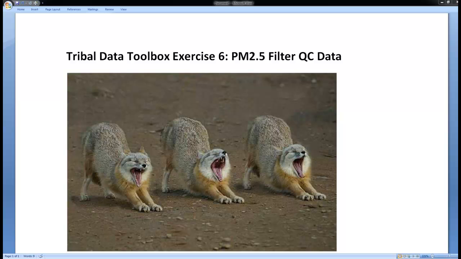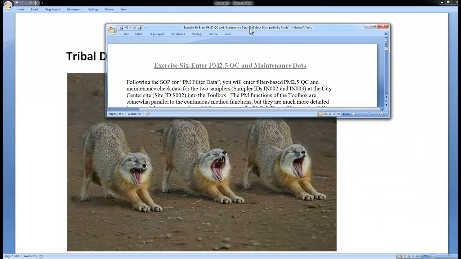This movie is about the Tribal Data Toolbox Exercise 6 and how to enter PM2.5 filter maintenance and quality control data. So, looking at Exercise 6, I see that it has me continue on, and following the PM filter data SOP, I have to enter the PM2.5 QC and maintenance check data for the